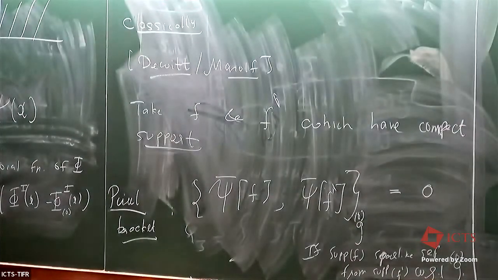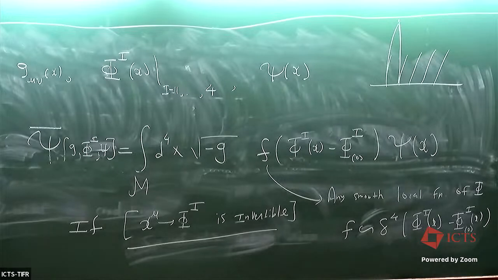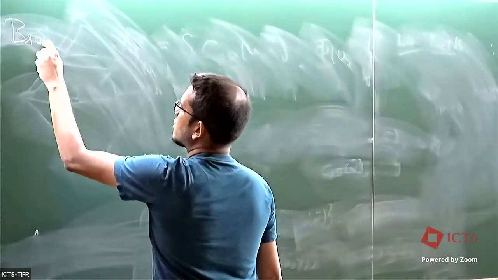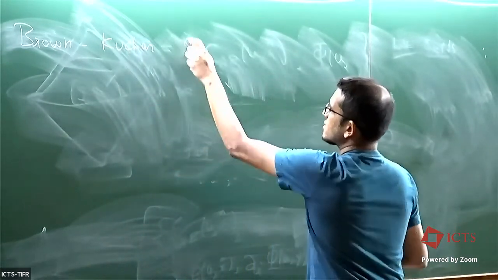Ashok has a question. The dust model is a special case of this? Yeah, I was about to write just a model. As you know, the Brown-Kuchar model is the one that is a very concrete manifestation of this idea. One can worry that these things are very formal, and can we actually at least find some theory where these relational observables can be written down explicitly. We have a few theories like this, but the first one that I know of is this beautiful model of Brown and Kuchar. I will just give a reference because I've really run out of time, but the one concrete implementation of defining relational observables was in this theory called the Brown-Kuchar dust model,